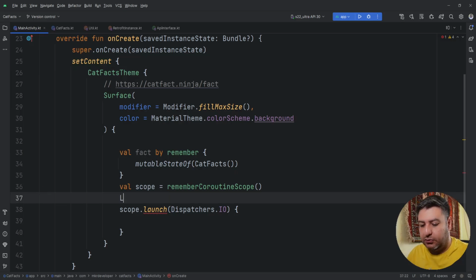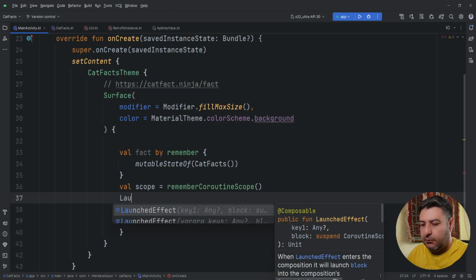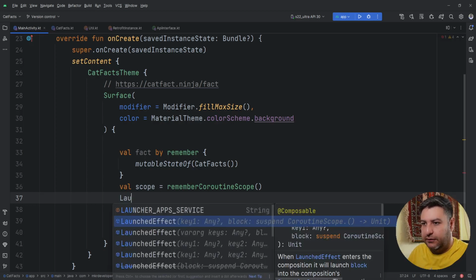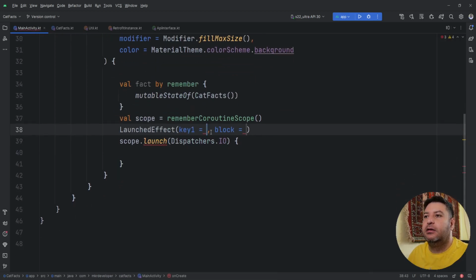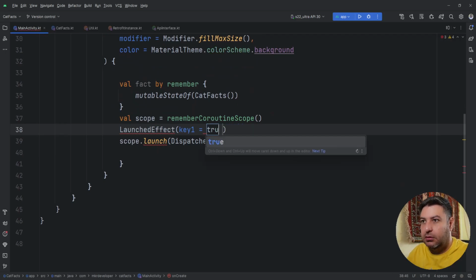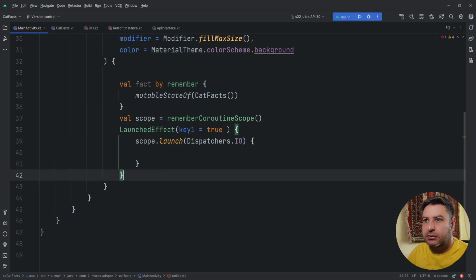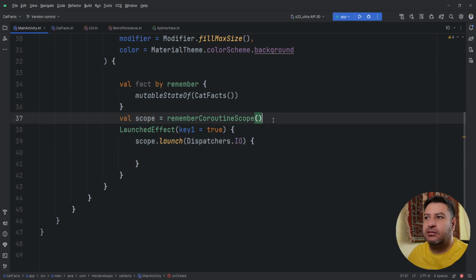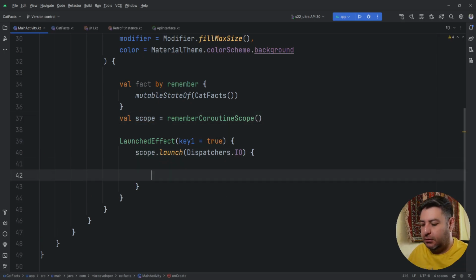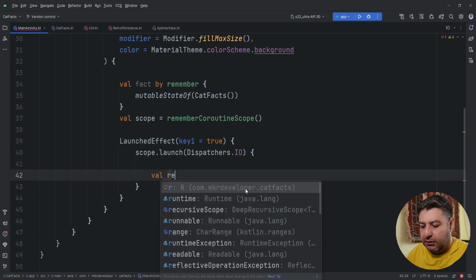So here I'm going to use LaunchedEffect, and here I need a key, and I don't use this block. I'm going to pass through, opening a bracket, and here closing this bracket. And now our scope is inside the LaunchedEffect. Now we can create the HTTP request. I need a val calling it response